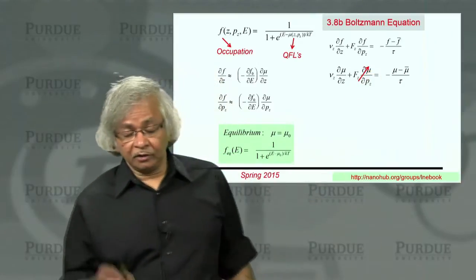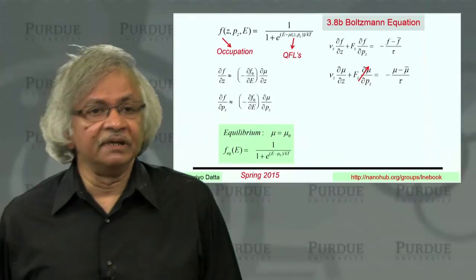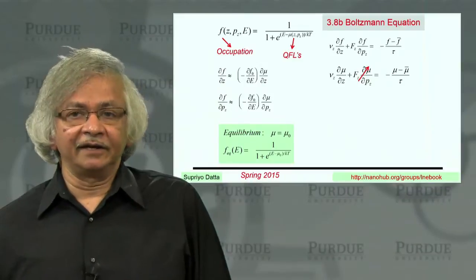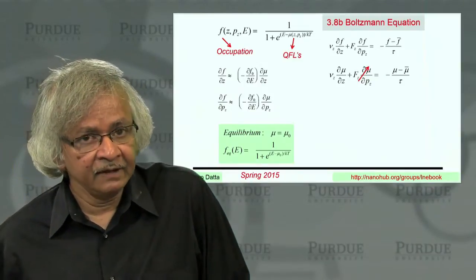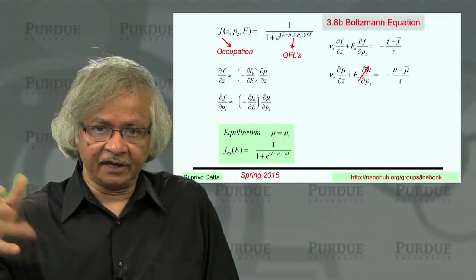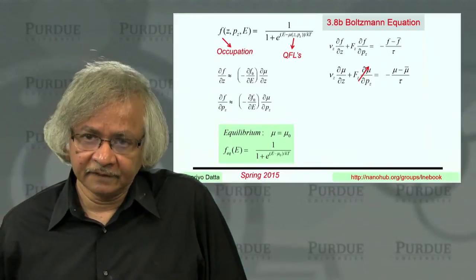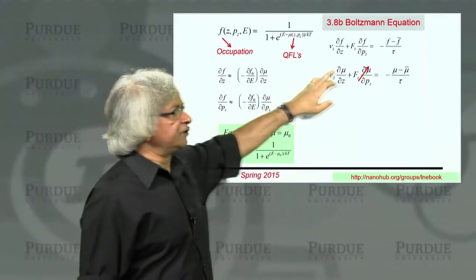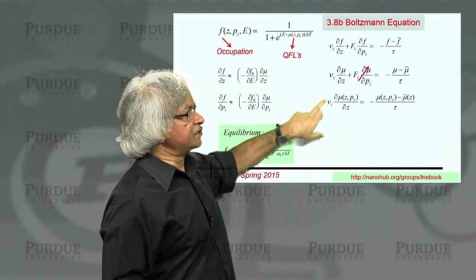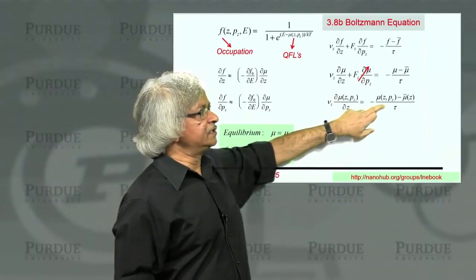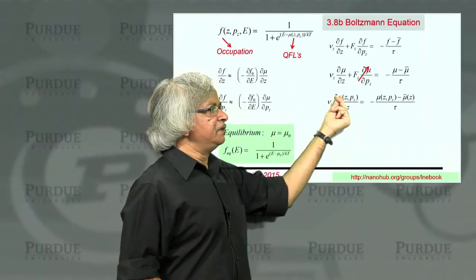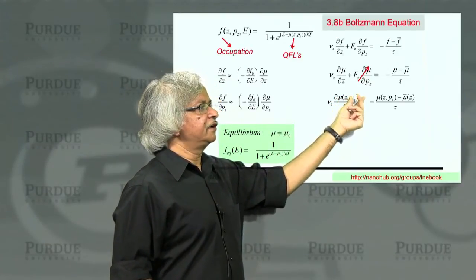Now this wouldn't be true though, if, let's say there was a built-in field in some region, for example, like we discussed, or if there was an applied magnetic field, as in the discussion of the Hall effect. And in the notes, you can look at the treatment of the Hall effect that I have there, using the Boltzmann equation. Okay? But for this discussion then, let's assume we can drop that term. Then you can write the rest of it in this form. Vz del mu del z is equal to minus mu bar over tau. Notice that in general then, mu at a given location can be different for different momenta.